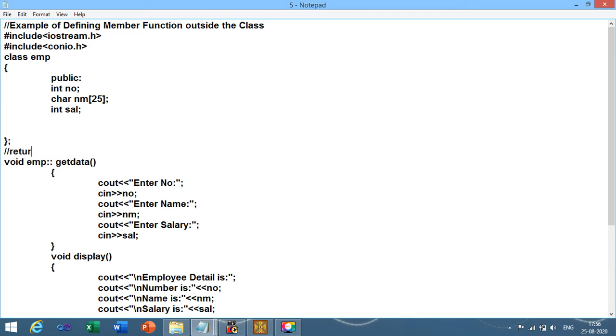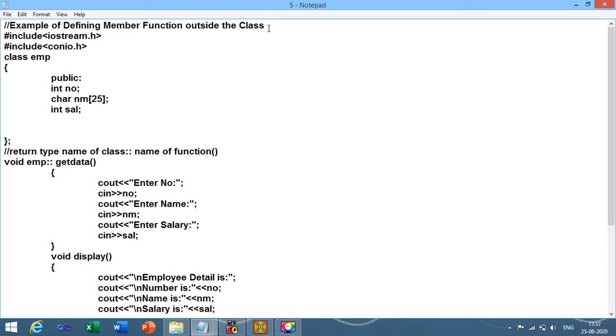This is the return type of function, then name of class, then scope resolution operator. See, double colon is used, or you can call it the scope resolution operator, then the name of function, or we can say name of UDF and brackets. So this is the syntax to define member function outside the class.